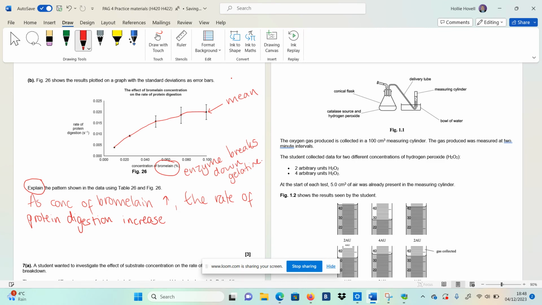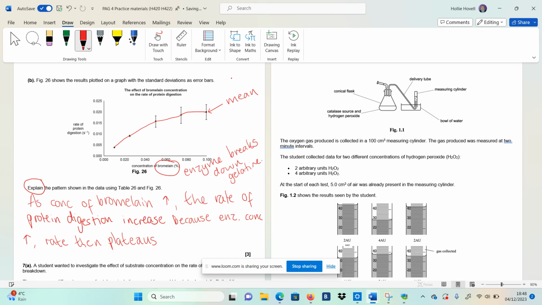Okay, so as we get more enzyme, the rate of reaction increases, yeah? So we can say because the enzyme concentration increases, okay, and then it starts to plateau, doesn't it? It starts to flatten off. So we can say the rate, then it'd be better to say rate of protein digestion. I'm running out of space, but the rate then plateaus. So when it starts to flatten out, always call that plateaued. So the rate then plateaus